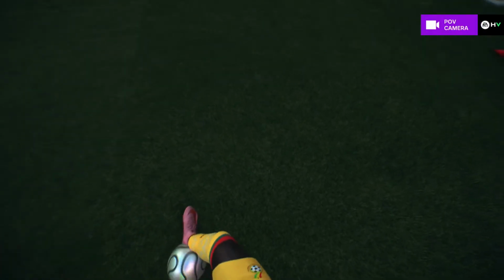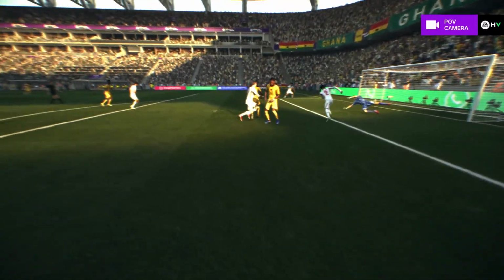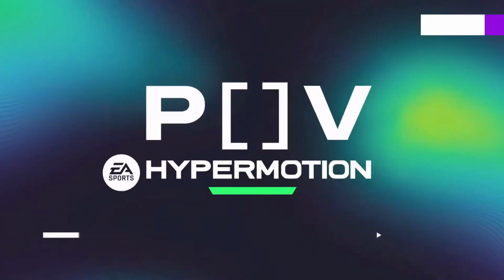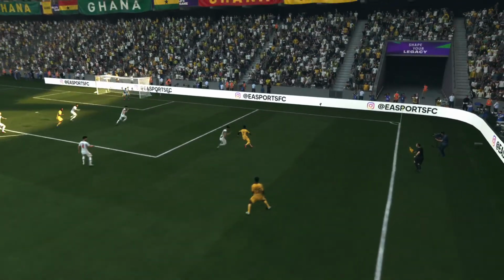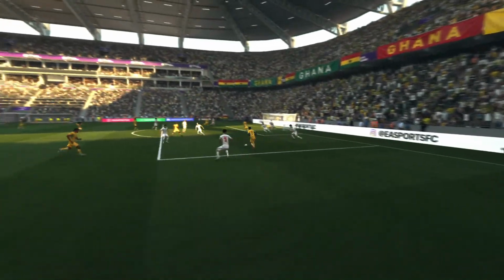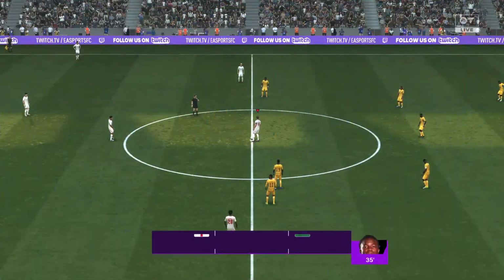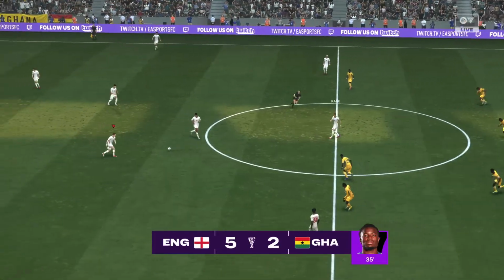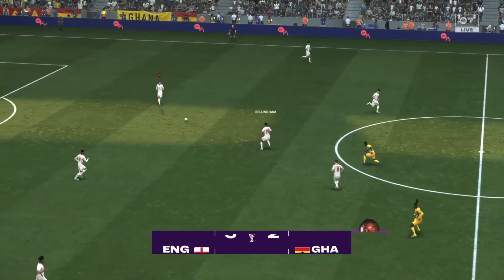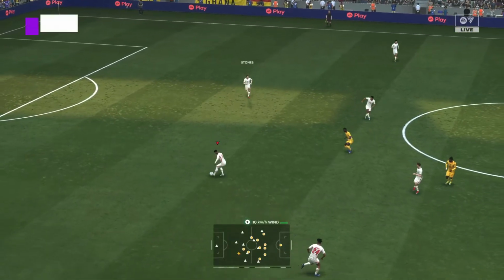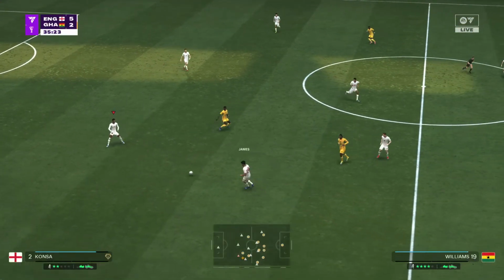Here's the replay, and it's a nice bit of skill to beat his man, but he keeps his composure to finish it off well. It's a quality goal, that. Ezri Konsa.